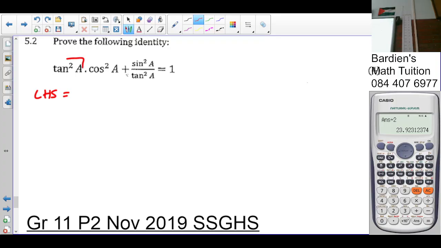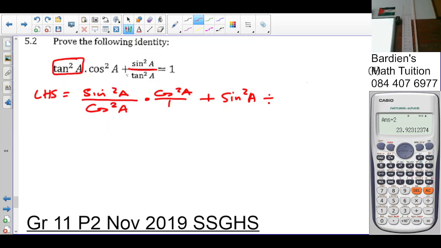Well, we know that tan can be written as sine over cos. So it's going to be sine squared A over cos squared A times cos squared A over 1 plus, that means divide, not so. So it's sine squared A divided by tan, which can be written as sine squared A over cos squared A. Naturally, this is over 1. The cos is cancelled. Leaves us with sine squared A plus